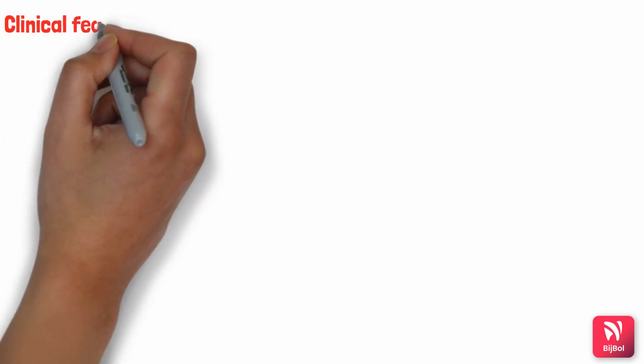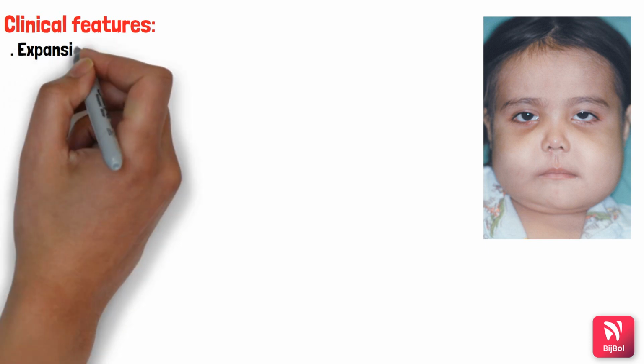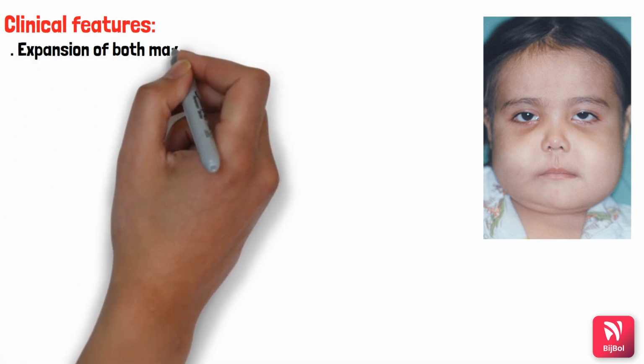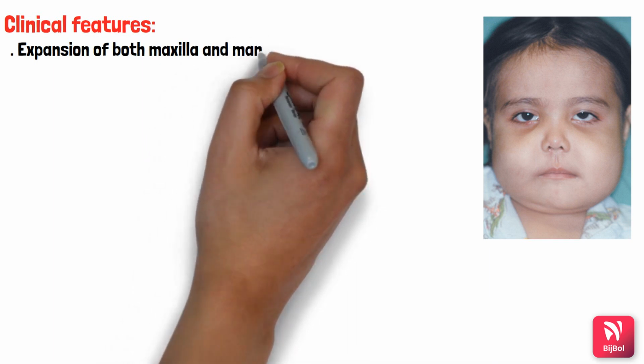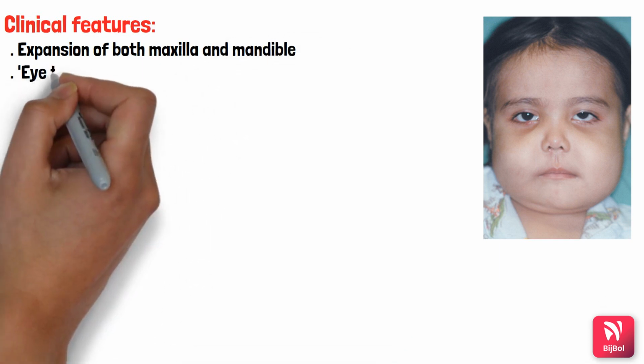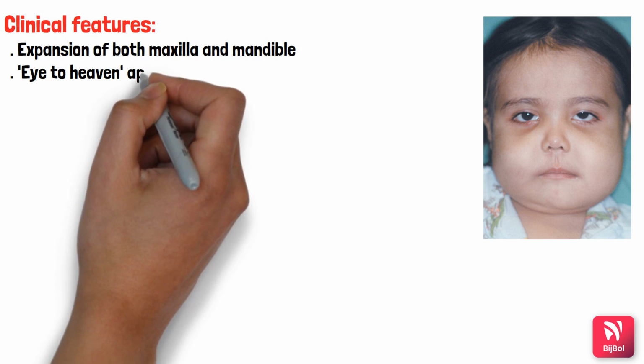As I have already told, there will be bilateral expansion of maxilla and mandible. As you can see in this kid, that is a child where that chubby appearance is there because of the enlargement of both maxilla and mandible, and you can see the eyes also. You can see the bottom sclera. So this is called as eyes to heaven appearance. So this expansion of both maxilla and mandible and eyes to heaven appearance, these are the predominant features that are